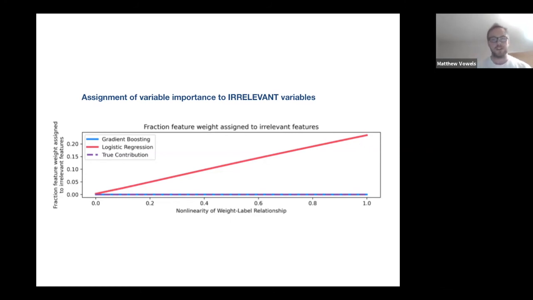So not only can it not deal with the nonlinearity, but in the presence of nonlinearity, it starts to think that it's using variables that it isn't. And that's obviously a big problem. If you contrast that with a gradient boosting machine, there's no importance assigned to that extra variable. It just stays at 0. It's not useful because there's no information in it. There's no reason why it would assign importance to it.